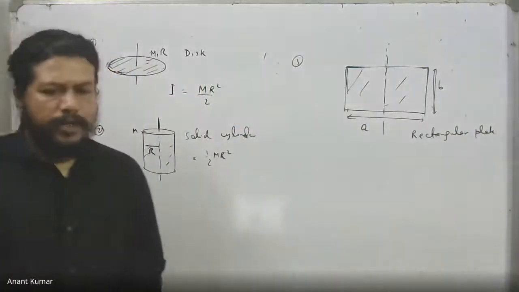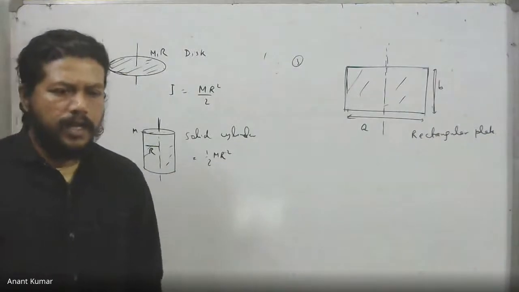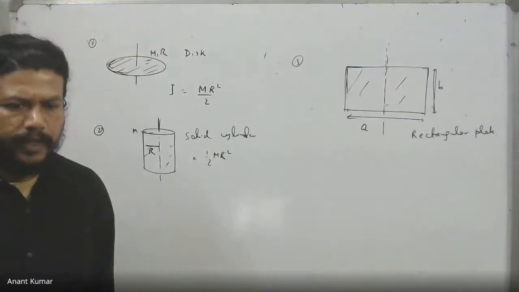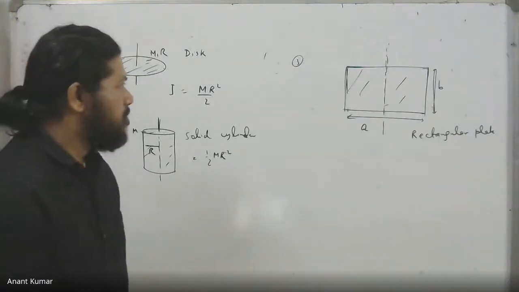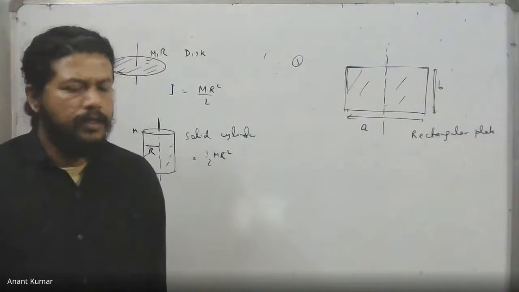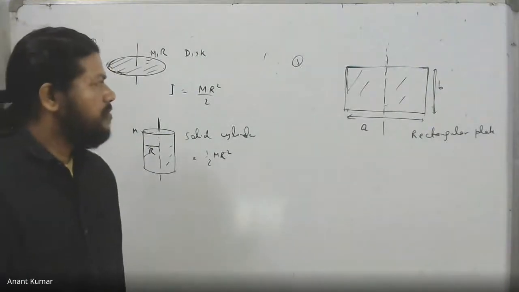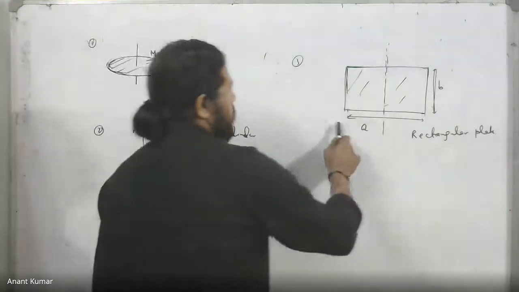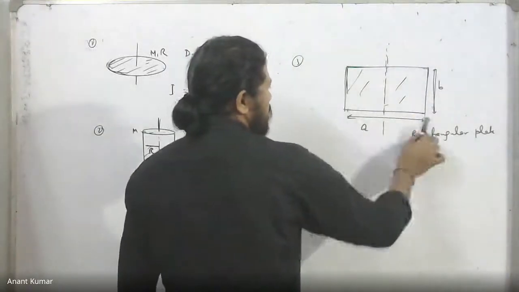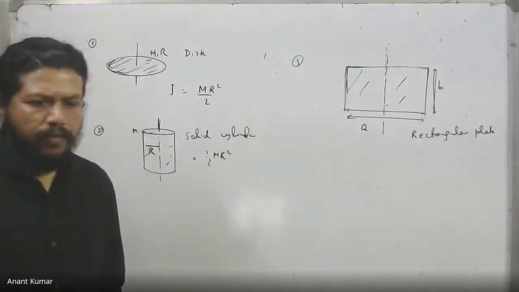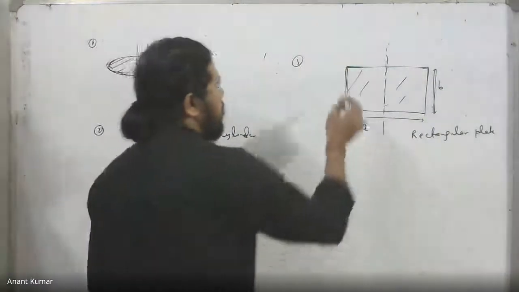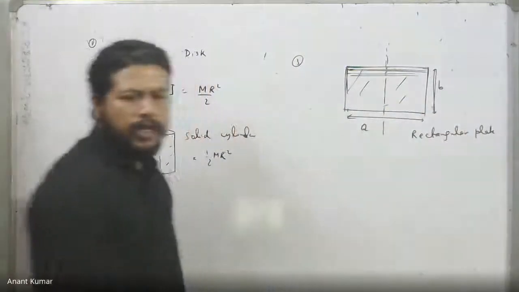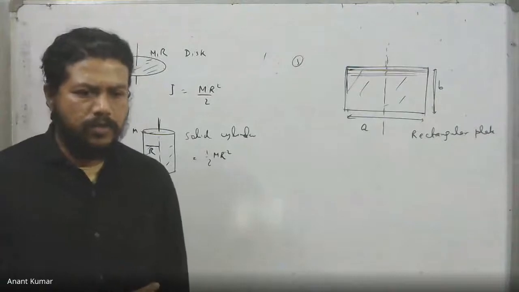We take up a rectangular plate whose lengths are A and B. We take the axis passing in the plane of the rectangle, through the middle of the rectangle. In this case, it will be the same as that of a rod whose length is A. This dimension does appear. We can think of the plate as made of a lot of rods. I can chop it up into a lot of such rods parallel to each other, and then add up the moments of inertia of all those rods.